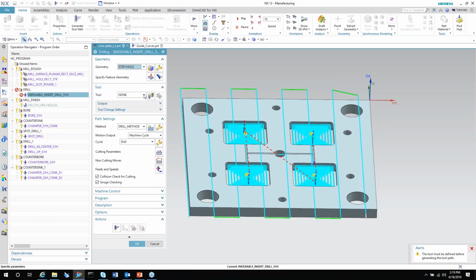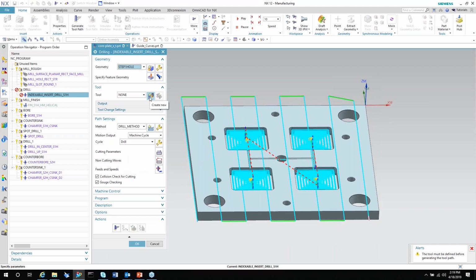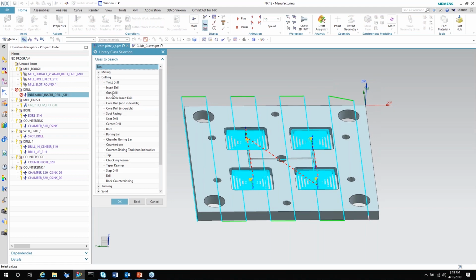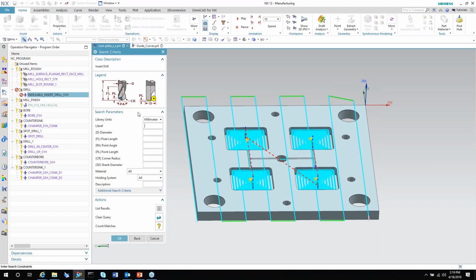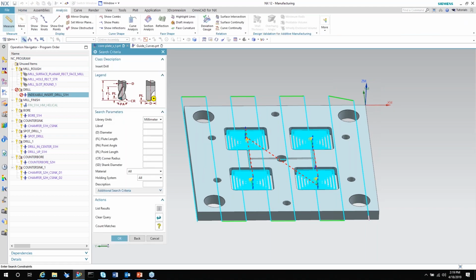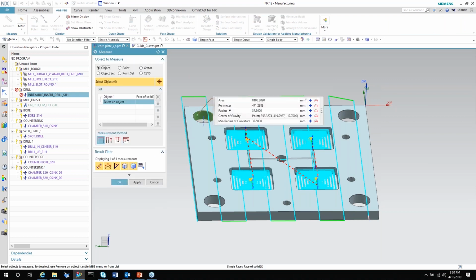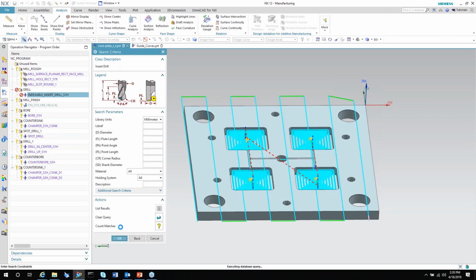it didn't create a tool. So that's why it didn't grab a tool, because of the size. So we're just going to go in here and grab one from the library, insert drill. Now let's go up here and we'll do some analysis. You can do analysis with the dialogues open. So that is a diameter of 75 millimeter. So what I'll do is I'll look for a tool